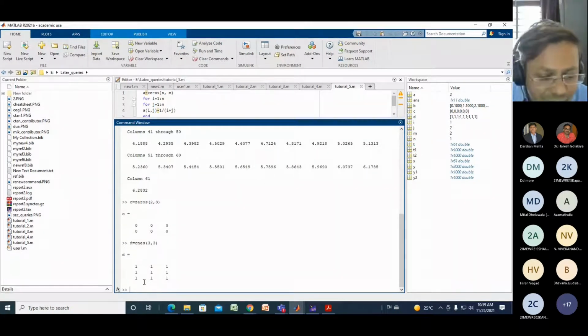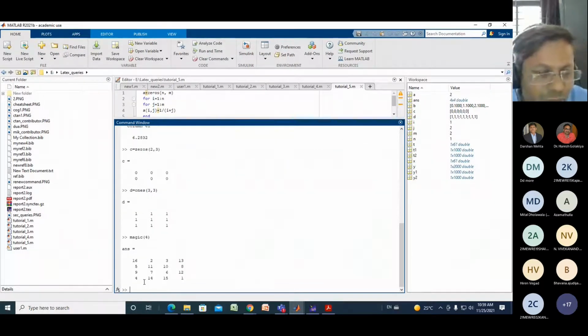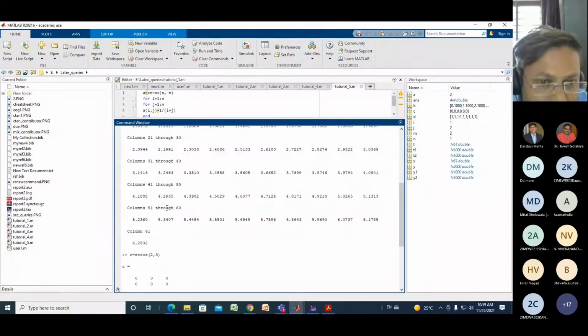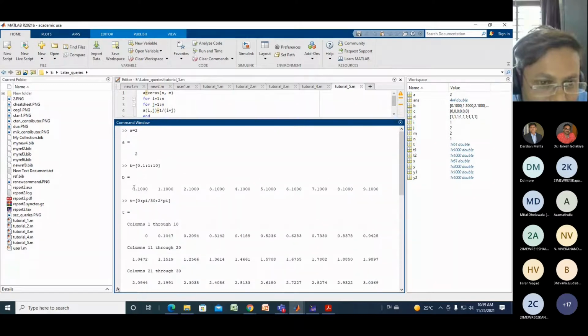For example, I'm writing magic of 4. Here you can see that whenever we are not assigning any variable, MATLAB automatically assigns its own variable. Previously I assigned names to all the variables: a is 2 into a, b is a vector 0 to 10 with an increment of 1, and t is 0 to 2 pi with an increment of pi by 30.